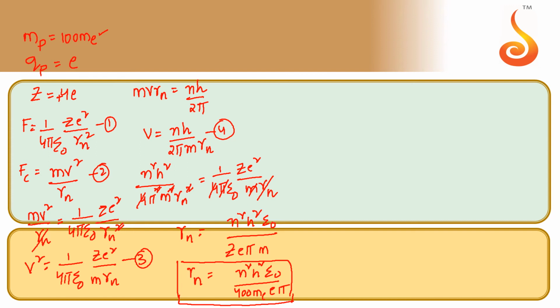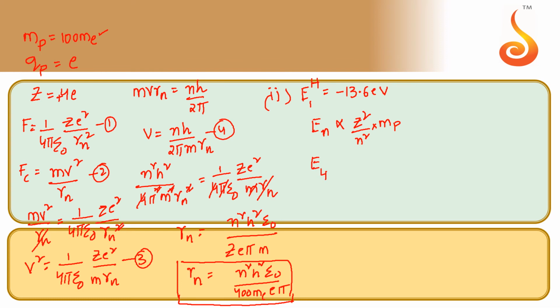So we know that the energy of hydrogen in the first orbit is minus 13.6 electron volt, and the energy of the given particle in the nth orbit is directly proportional to Z square by n square into m, where m is the mass of the particle. So from this, what can we write?